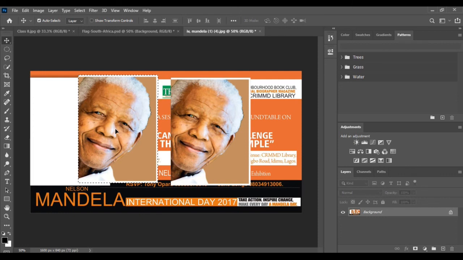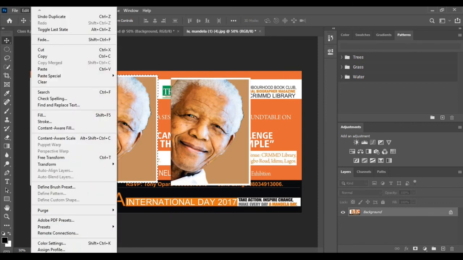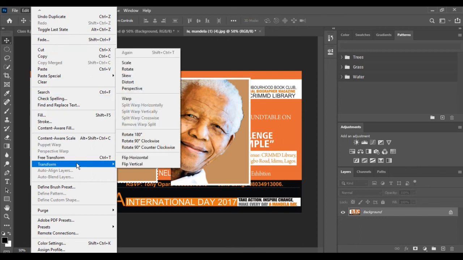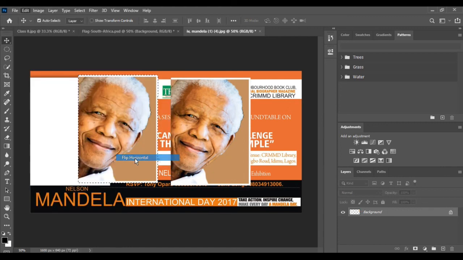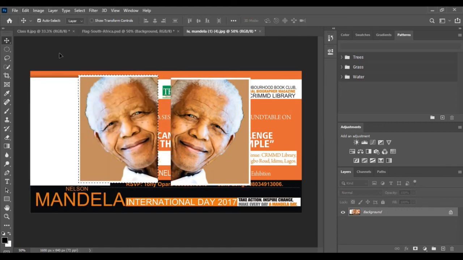select the transform option from the edit menu. Click on edit menu, select the transform option. From the edit menu, to flip the selection, choose the flip horizontal or flip vertical option. So it will create the mirror effect.